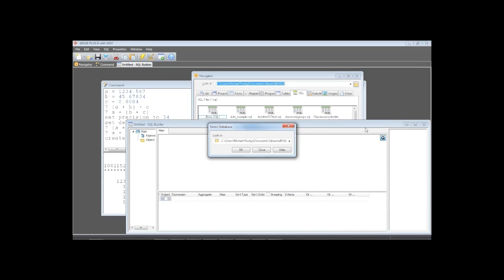ADO, however, also has an ODBC socket in it that allows you to use an ODBC driver. So you can use ODBC with BDE, you can use ODBC with ADO, and you're going to be going through the ODBC socket layers of those two different data engines, okay? So if you need to get the DBF files, if you need to get the Paradox files, you have to use the BDE. If you're going to third-party databases,